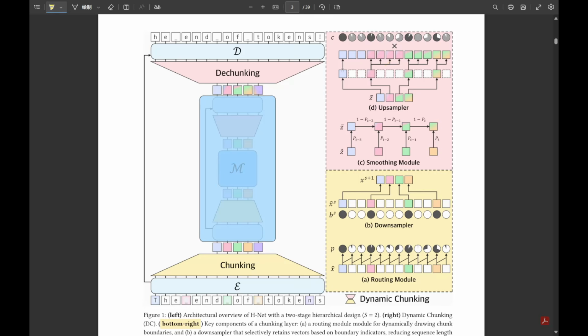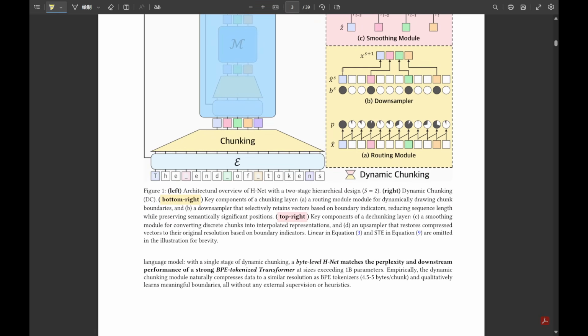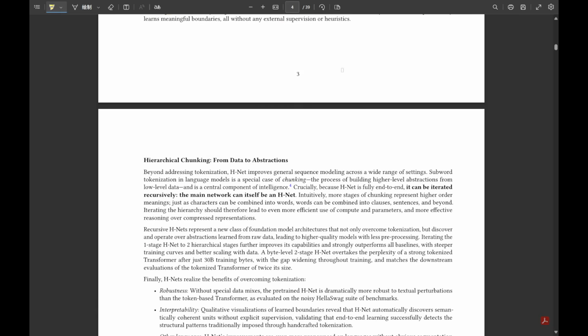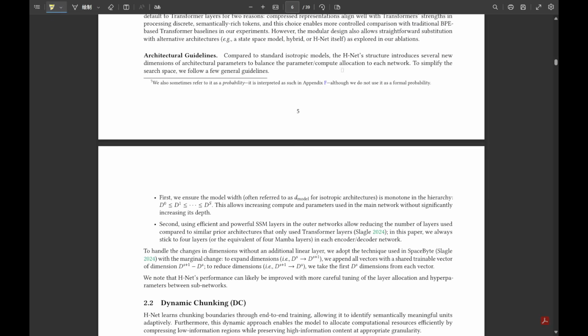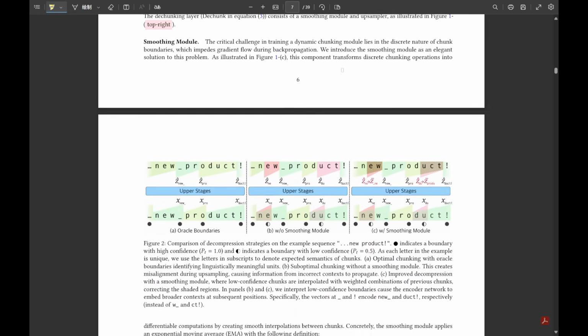Exactly. We also saw hierarchical architectures with external chunking. Models like SpaceByte fell into this category. These relied on sort of outside help: auxiliary predictor models that would try to find boundaries, maybe looking for white space or sudden shifts in the data's complexity. But that meant they weren't truly end-to-end. They often needed specific tuning for different types of data, like text versus code, making them modality specific. And often, they still lagged behind in performance. It was like needing a separate little helper module just to figure out the chunks.